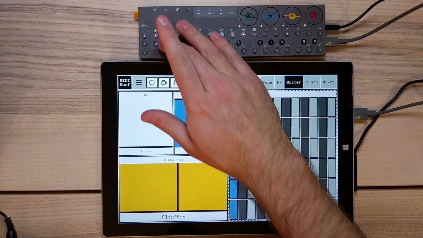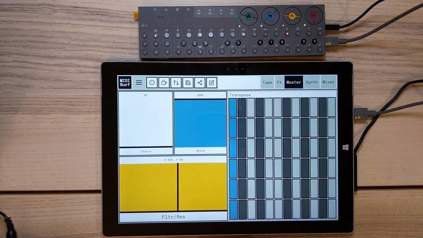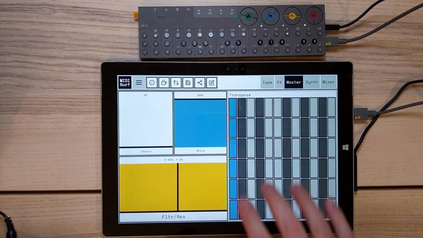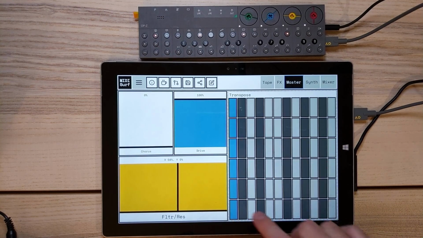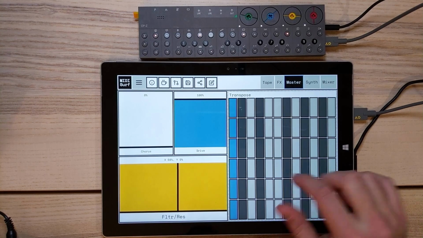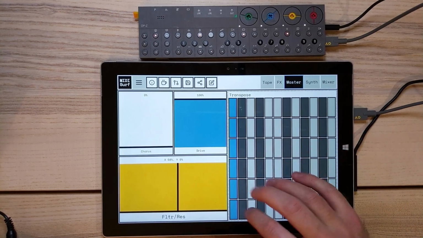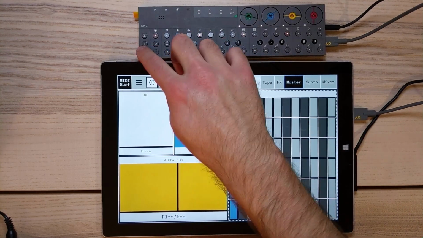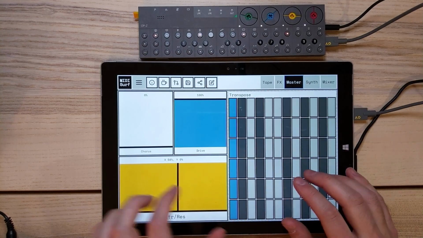So again, this is transpose, so it's got laid out here multiple octaves here that you can go backwards and forwards and change in semitones that transpose it. And it's nice because it means you don't need to go up and down changing the octave. They're all laid out here. You've got the